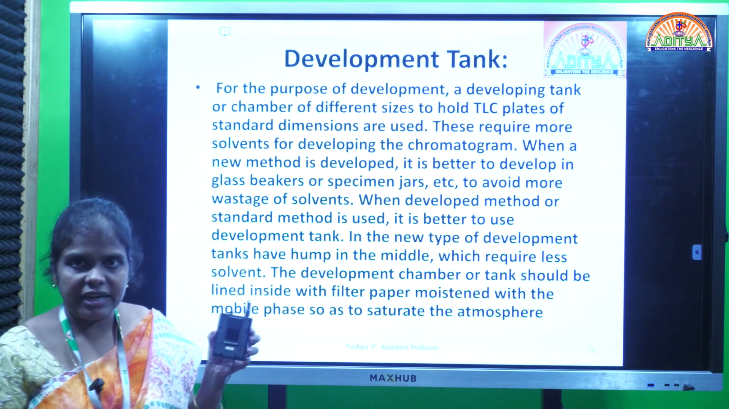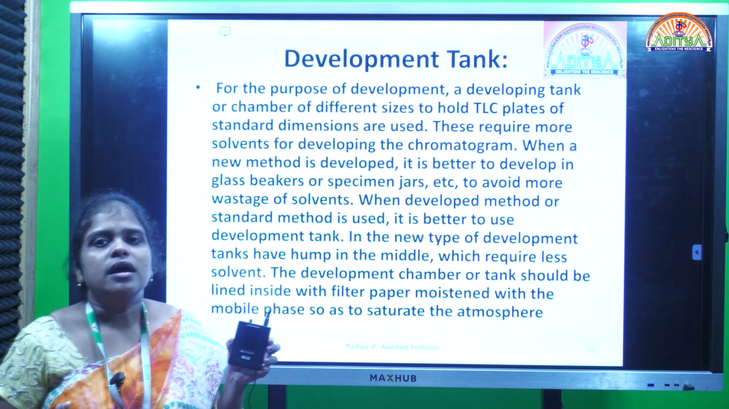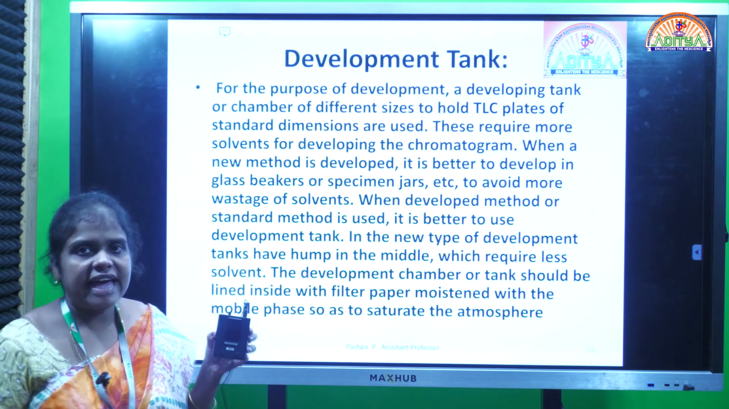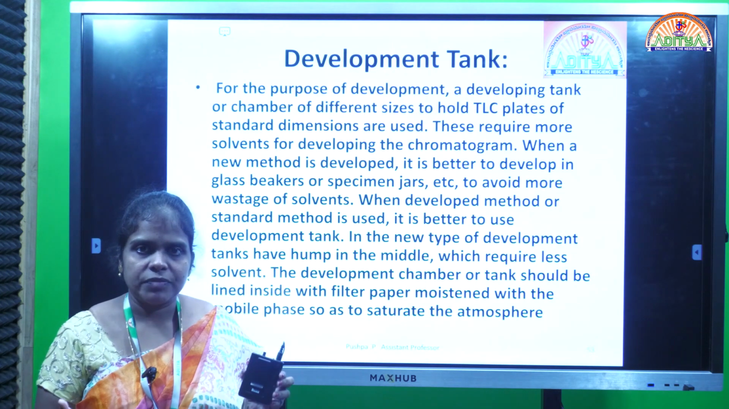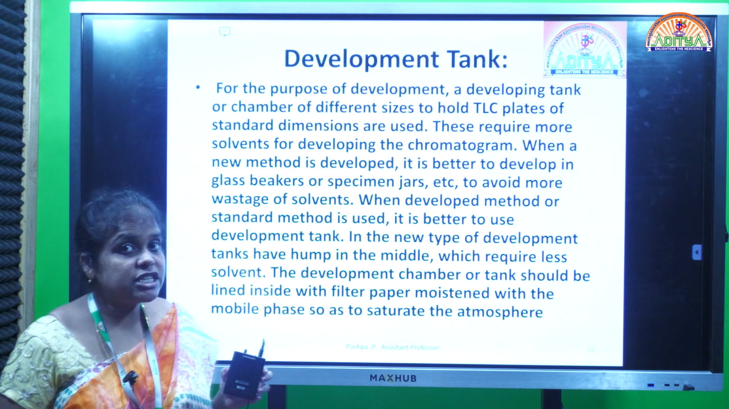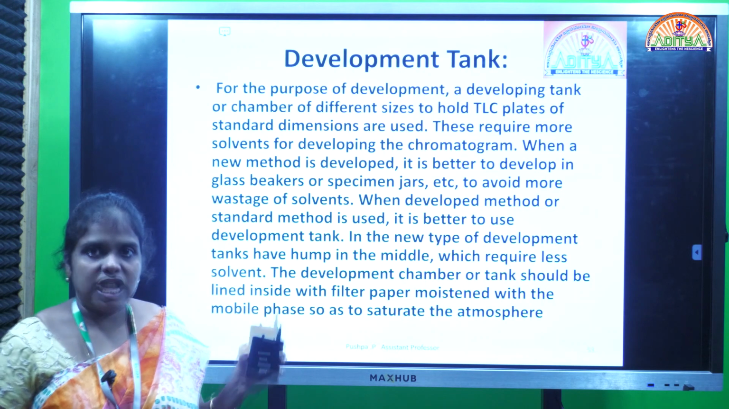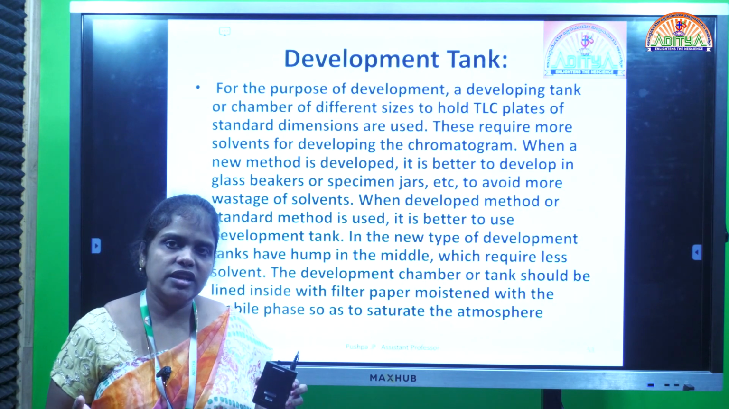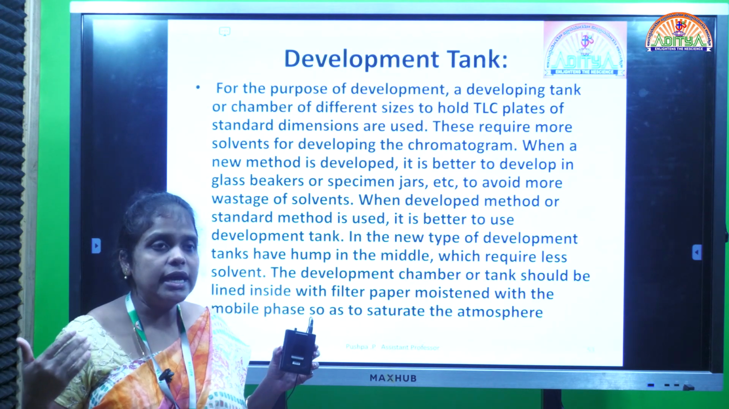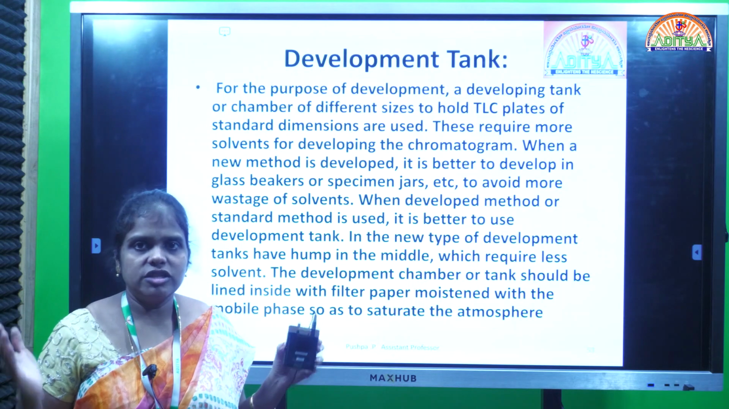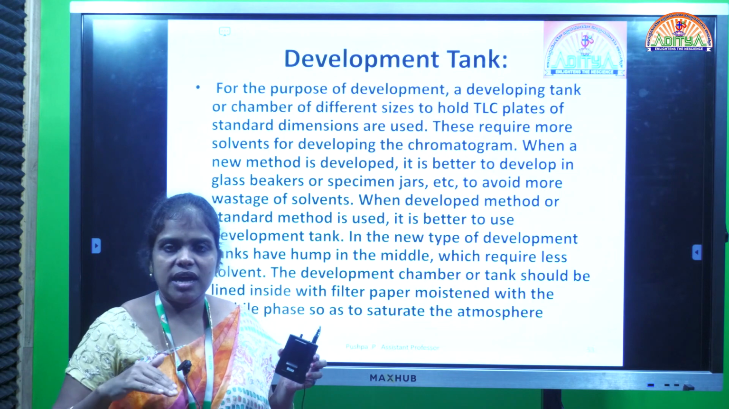Why is it called the development tank? Because in the tank only the development or elution of the samples with the mobile phase takes place. In the colleges, usually they take big beakers, but in the industries they have special development tanks, called specimen jars or glass jars. You have to take the mobile phase in the development tank or jar, and then